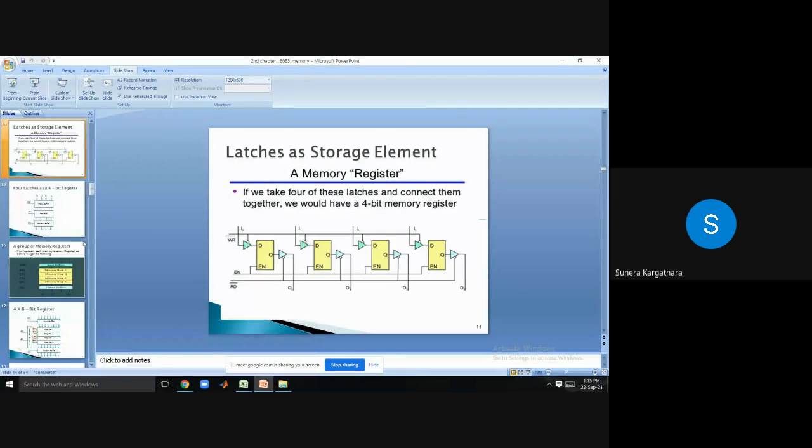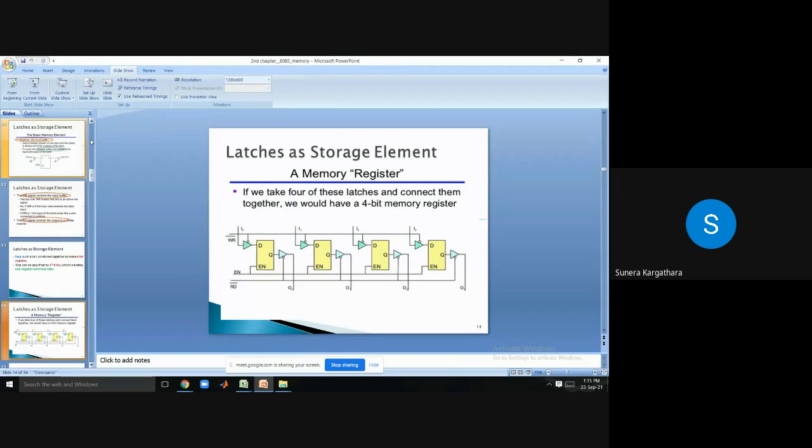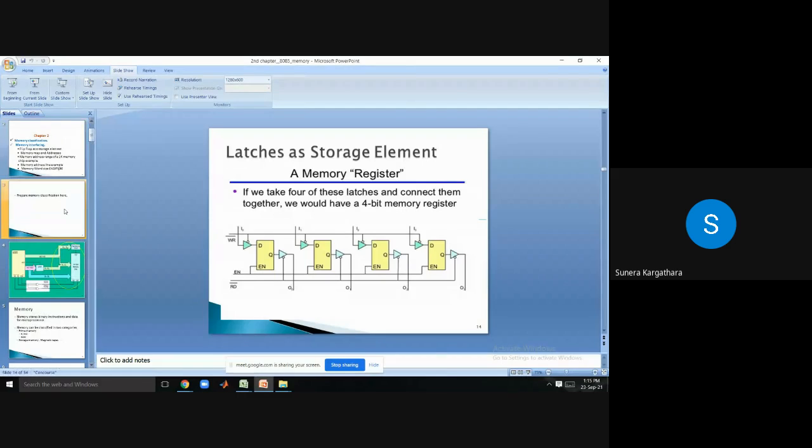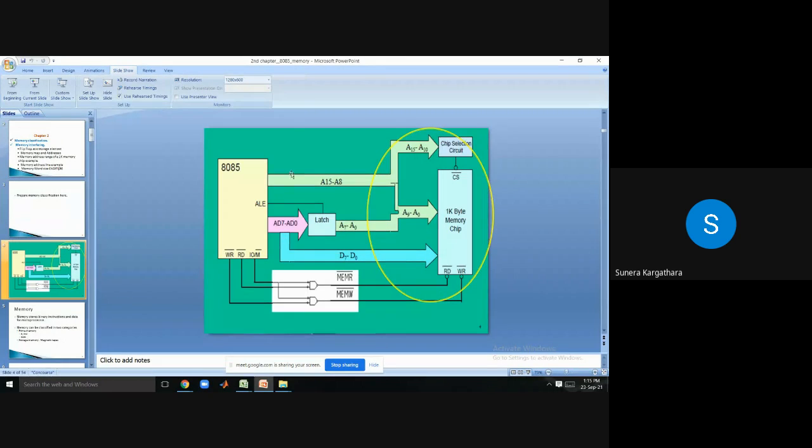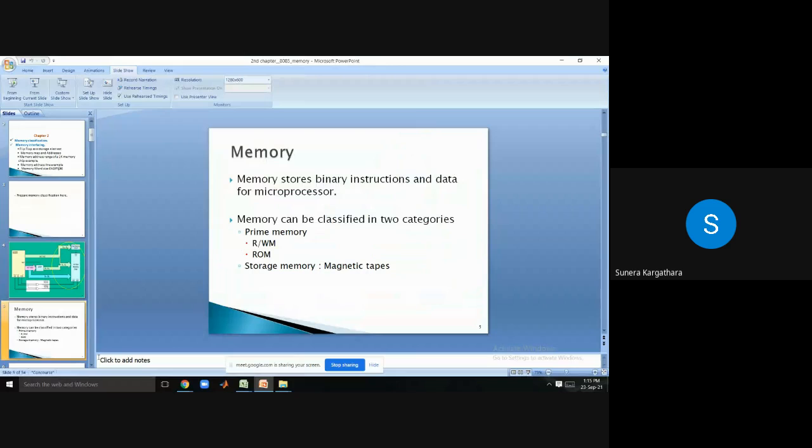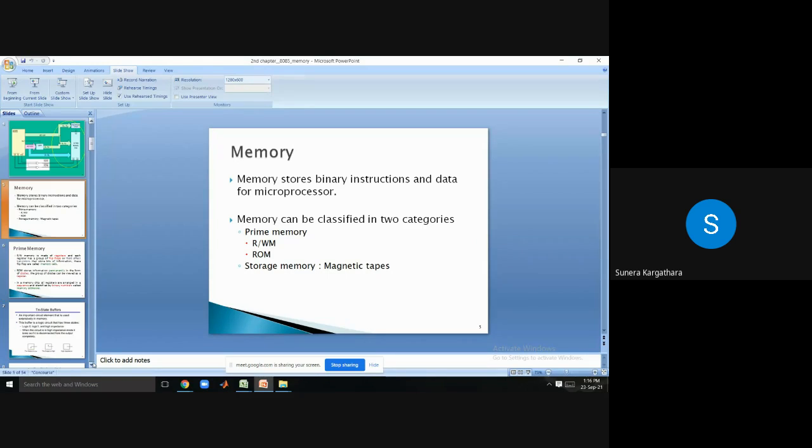Okay. Now, student, just try to understand. Suppose you want to interface your memory device with your microprocessor. The memories that we have can be either read-write memory or ROM. In primary memory, if I want to categorize my memories, it can be either read-write memory, that is RAM, or ROM. Yes or no? Right? Now, if I want to interface RAM or ROM with my microprocessor, what can be the equivalent process? Just try to understand.